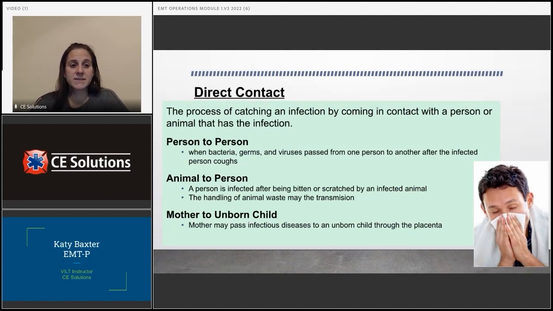Direct contact. This is going to be a process of catching an infection by coming in contact with a person or an animal that has that infection. Person to person is pretty obvious. So that bacteria, germs, viruses pass from one person to another after the infected person coughs, sneezes,